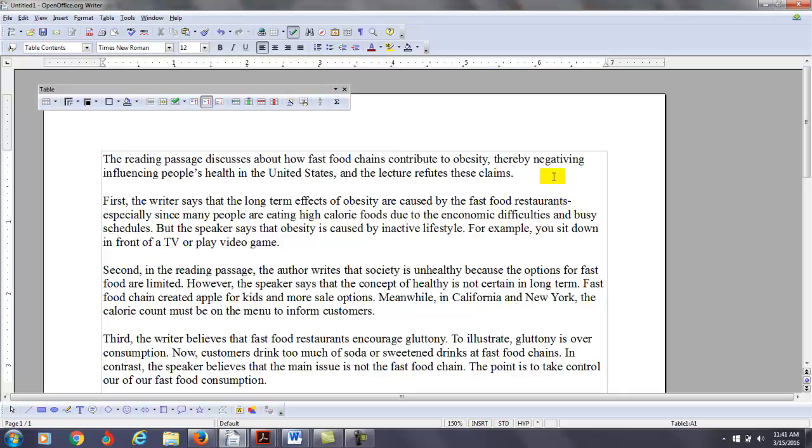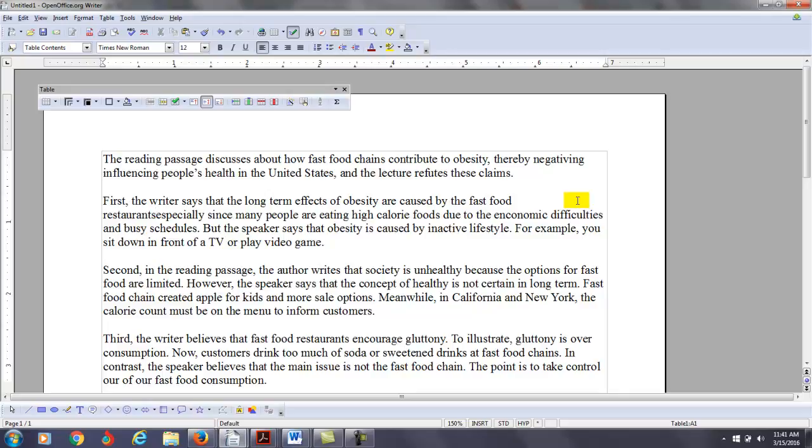So the writer says that the long-term effects of obesity are caused by the fast food restaurants, especially since many people are eating high-calorie foods due to the economic difficulties and busy schedules.